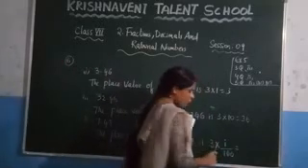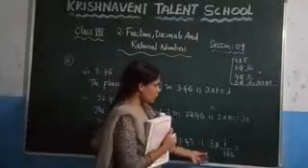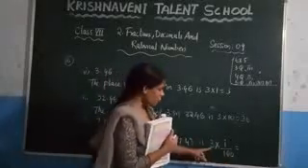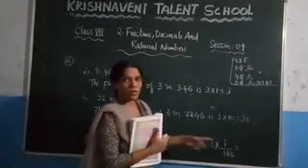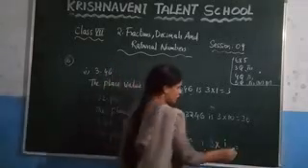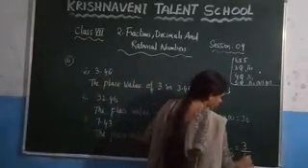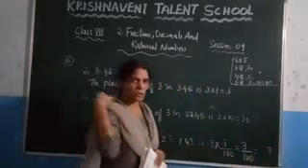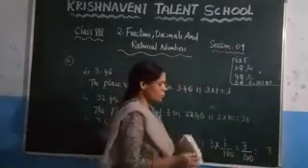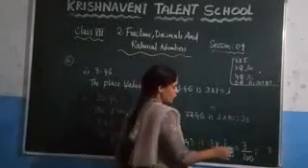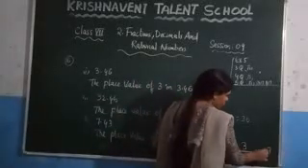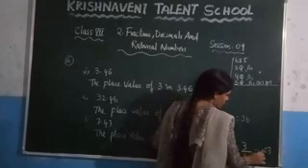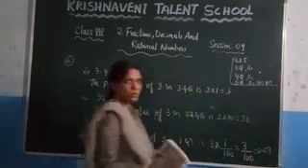You know how to multiply a whole number and a fraction? You just need to multiply the numerators. What is the value of 3 into 1, which is 3 by 100. Now write the numerator here. Check in the denominator how many zeros are there. 2 zeros are there. So move 2 steps to the right. So 1, 2. Since only one number is there, keep it 0, 0.03.